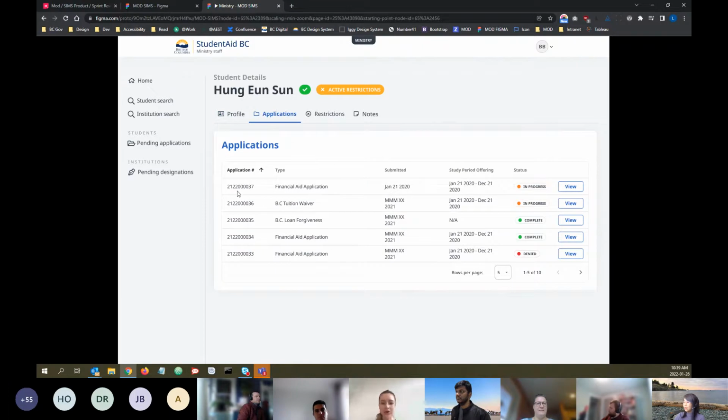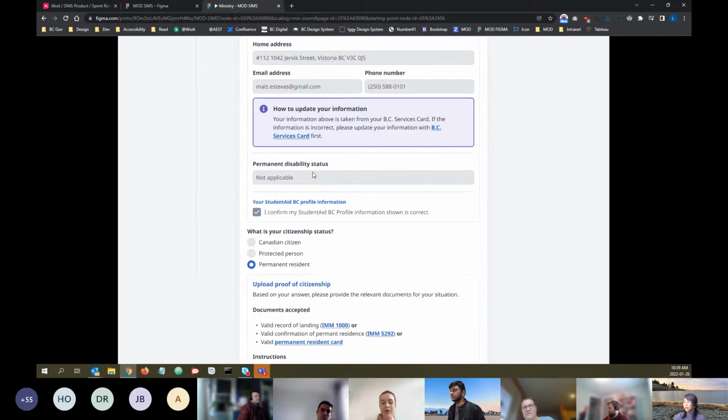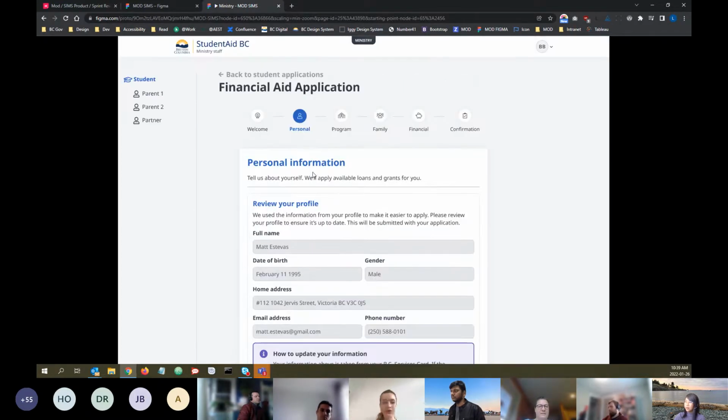Awesome. And so for today's case, we're going to look at Hung's financial aid application. So we'll click view there. Awesome. And so here, as the ministry user, everything is in the read-only view. As you can see, all the form fields are grayed out. They're not clickable or anything like that. It's simply to be able to look over the details and review the information that's